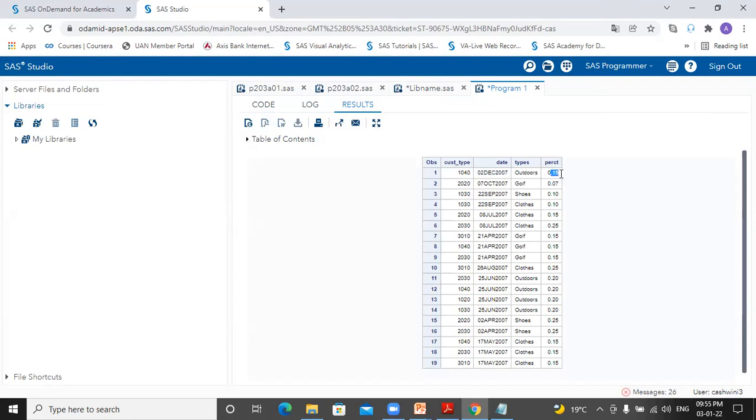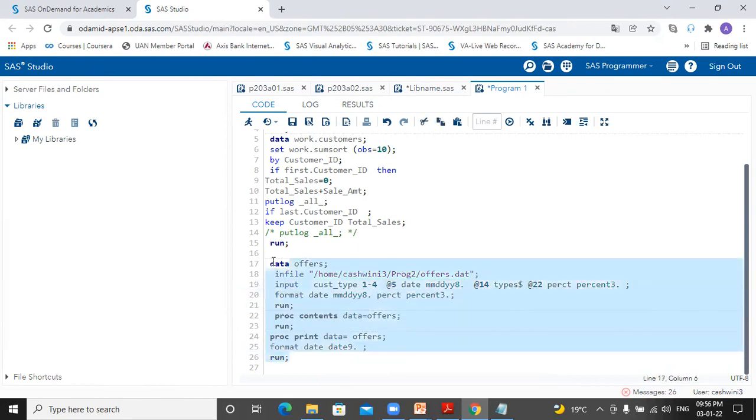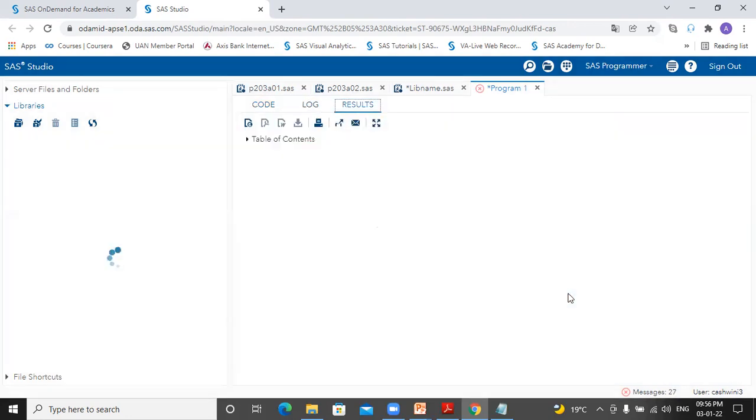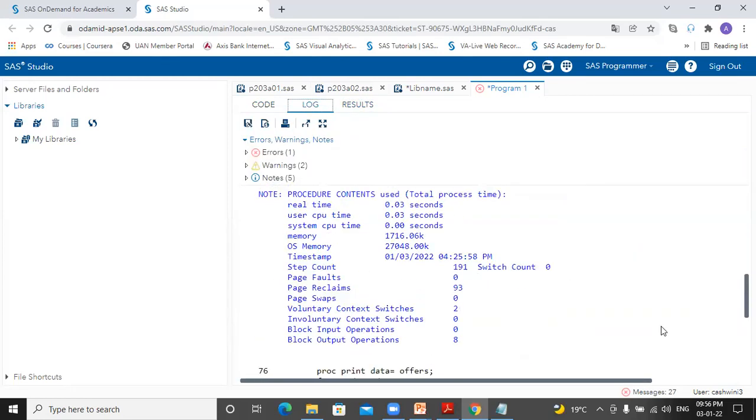The same goes for percent also. If you want the percent to be saved permanently with a format, you can write the same thing, applying percent as a format. Give it here and check along with proc print and proc contents. When your data set is created, the data will be saved with the format itself.